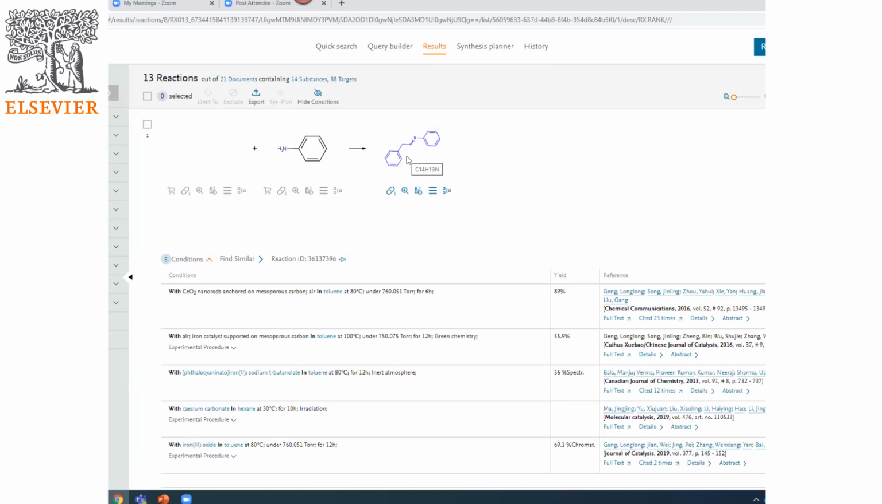What we see in Reaxys search results. For each reaction, you can see different conditions. And in Reaxys, you can easily assess the best and the greenest condition. So for example,